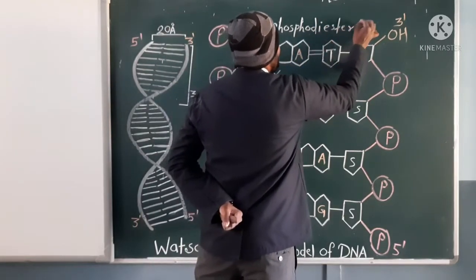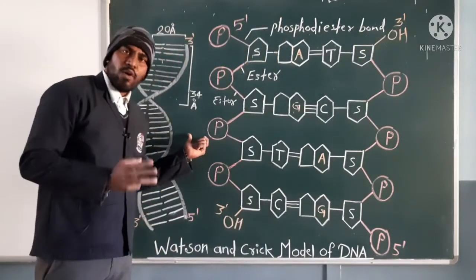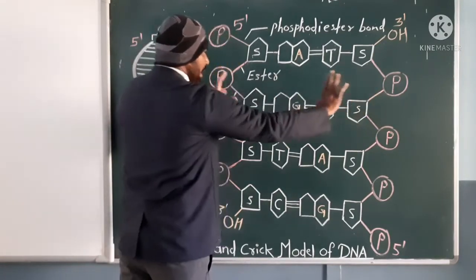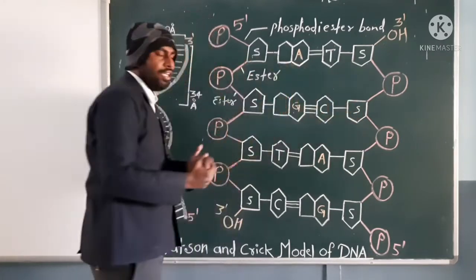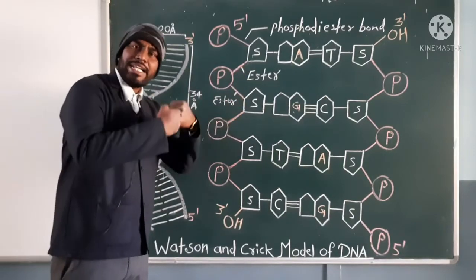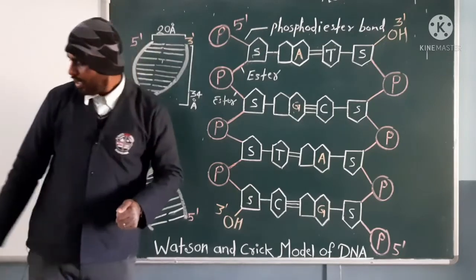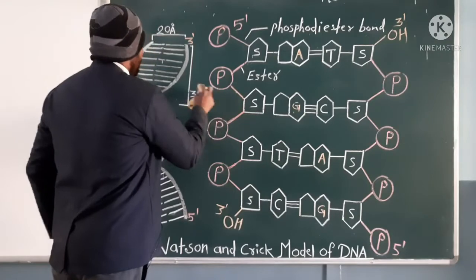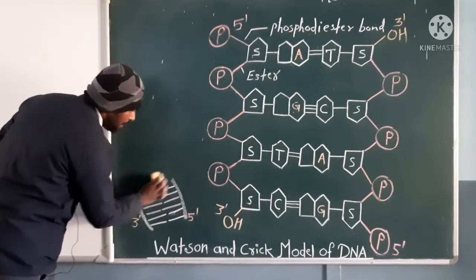Phosphodiester bond. Okay, and the position of the phosphate group, the phosphoric acid group, is the outermost side. Inward to the phosphate group, what is situated? There are pentose sugars situated. The phosphate and pentose sugars are connected together by the bond called the phosphodiester bond. Okay, some further explanation we are going to understand here in a descriptive manner, so that's why I am erasing this diagram.